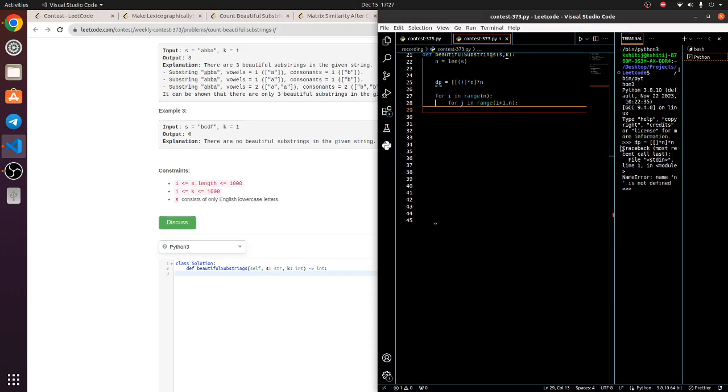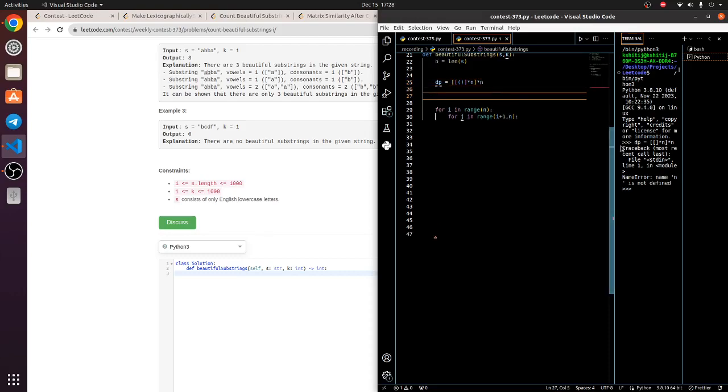Yeah, I will have to firstly say that dp of tuple of, basically the tuple of, so basically I'll have to say that vowels will be